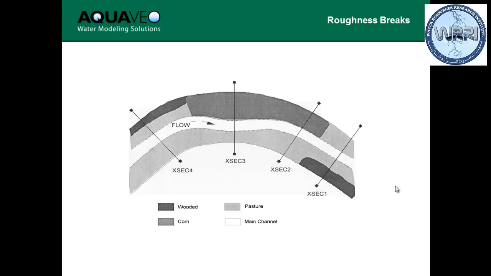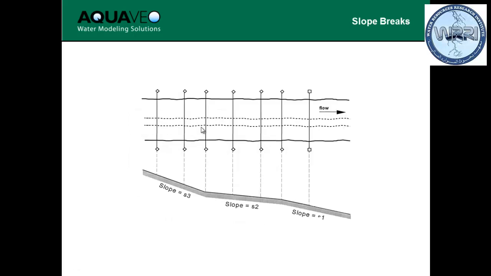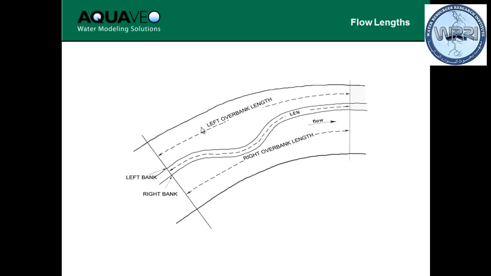So for instance, if I have changes in roughness values, I need a cross-section where there's a change in roughness. So these polygons represent different roughness areas. I need to add cross-sections wherever I have changes in roughness. Wherever I have a change in slope, it's a good idea to add a cross-section. Wherever I have a long, meandering stream or something like that, you would want